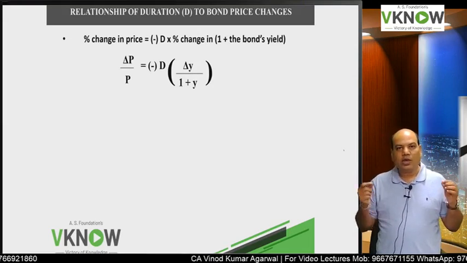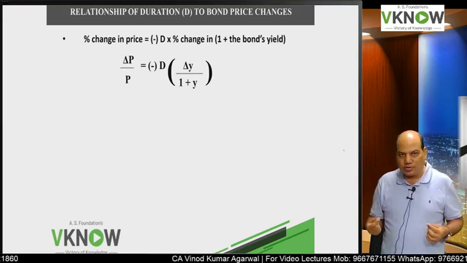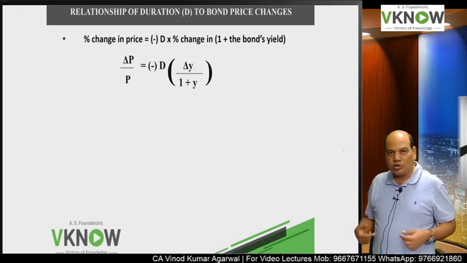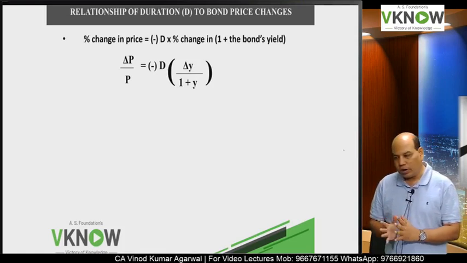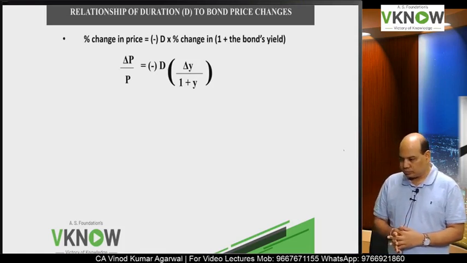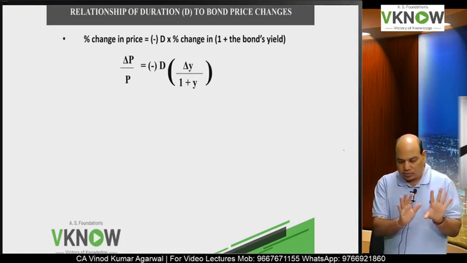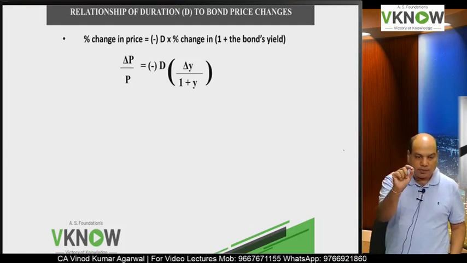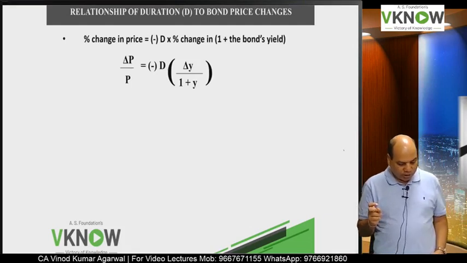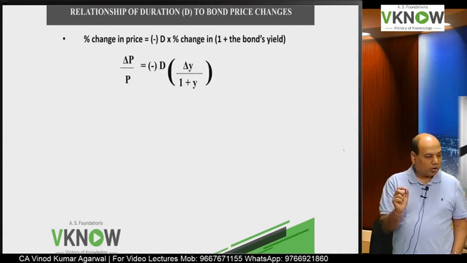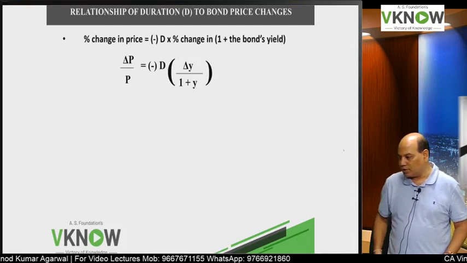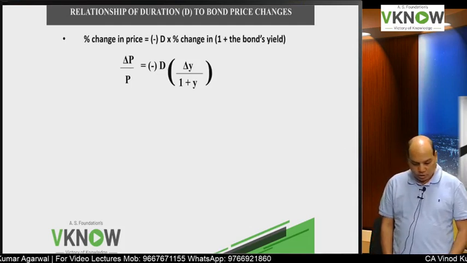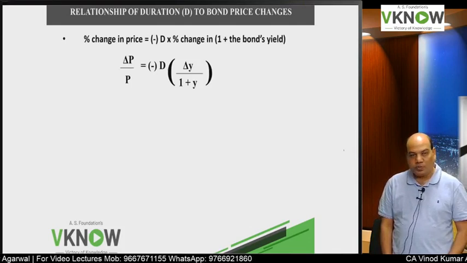So duration will help us to calculate by what percentage the bond price will change for 1 unit change in YTM. Okay. So see, there is a mathematical relationship. In paragraph number 29, you have to write. Okay. You have to also write so that you will also participate. Write down the equation, write down percentage change in price is equal to